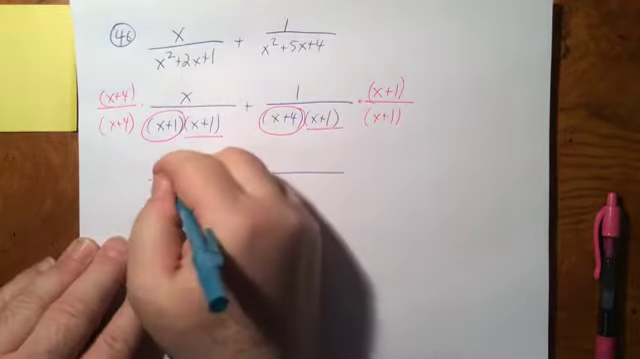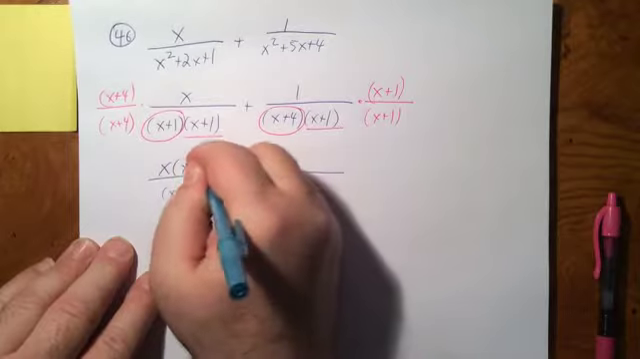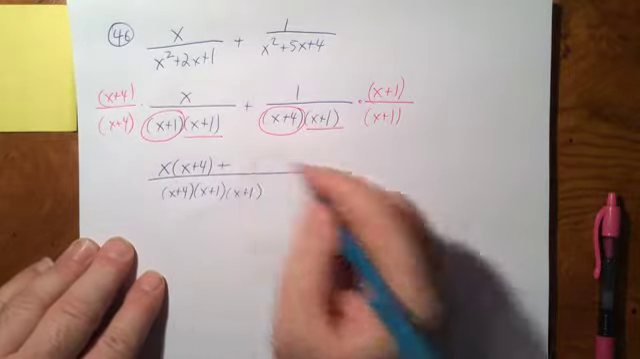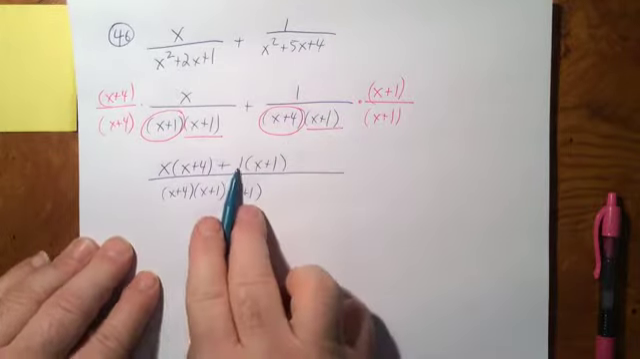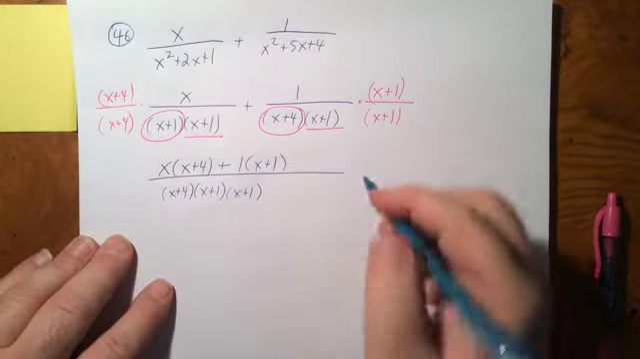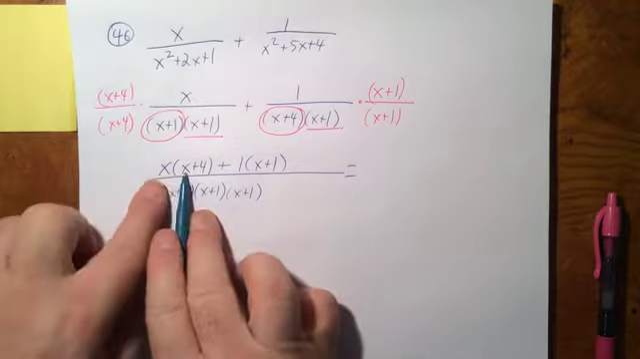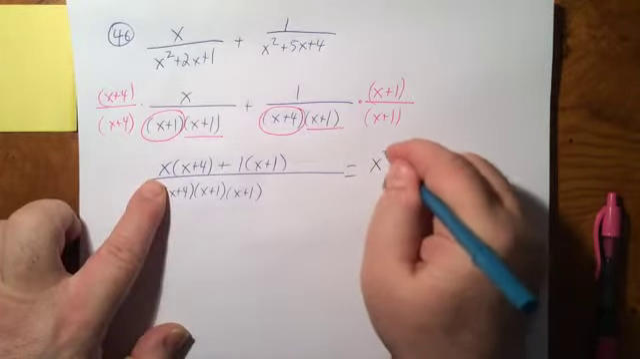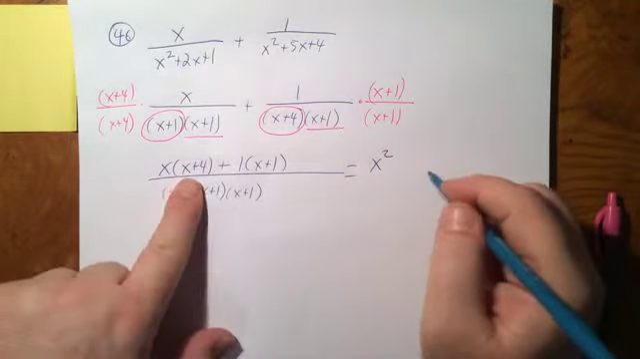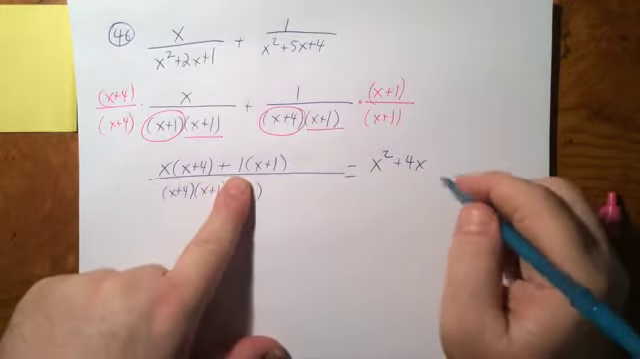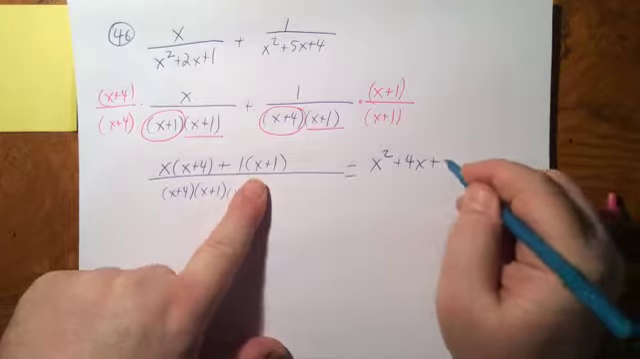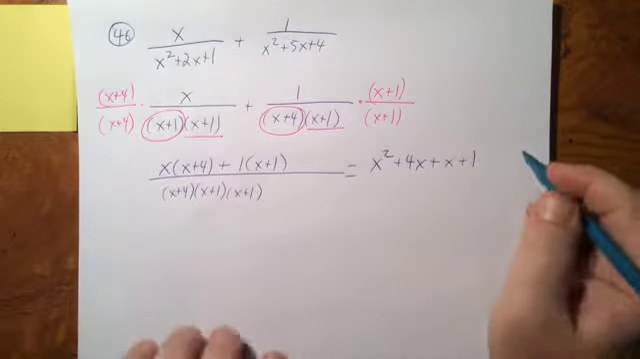On the top, I'm going to have x times x plus 4 plus 1 times x plus 1. And yes, I know 1 times this will be the same thing. That's okay. Multiplying this together, this is going to give me x squared, x times 4 is plus 4x, and then plus x plus 1